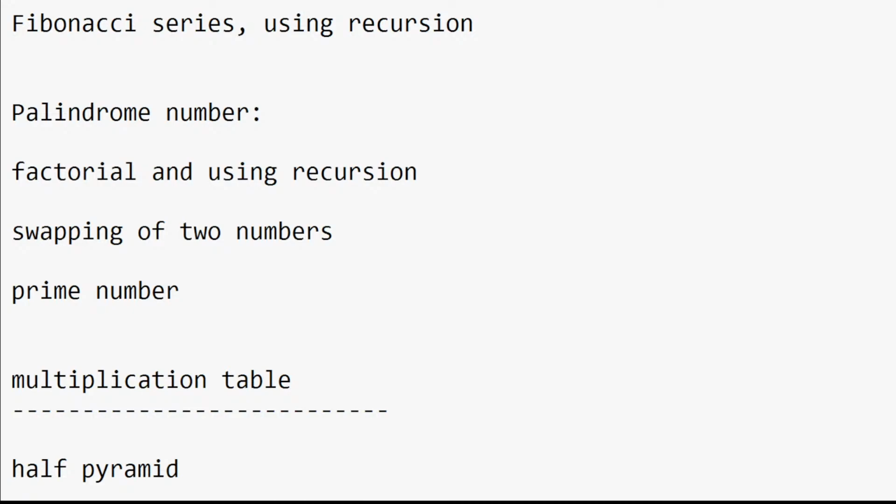So in this live session, we will see some basic logical programs that every automation tester should know before they attend any interview. Okay,